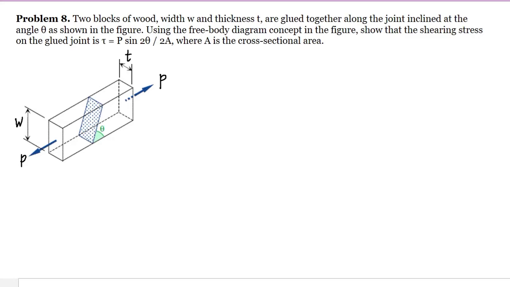So here in the problem, it says that A is the cross-sectional area, and the cross-sectional area is this. So it is the product of the width and the thickness. So it's WT. Now, if we are going to compute for the shear area,